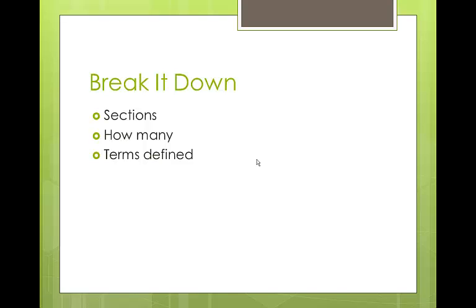Sometimes he or she defines terms that you already know. Sometimes they take for granted that you already know what the term means, and so then it's up to you to figure out what it is. The questions. This is a good thing for you to look at, especially at the end of each section. If you can answer the questions that are asked to you, then there's a real good chance that you understand